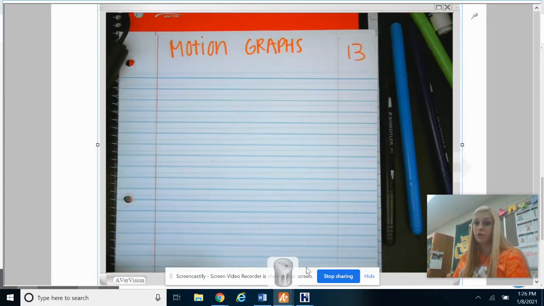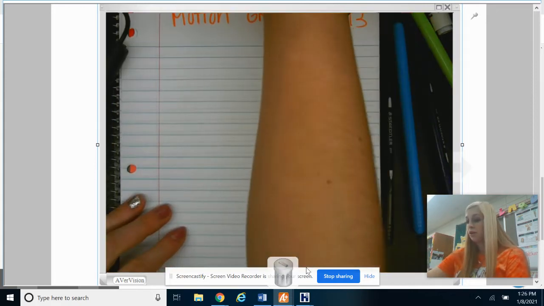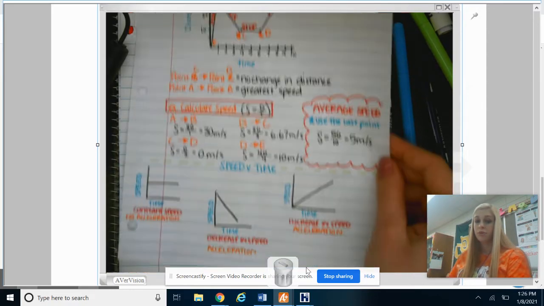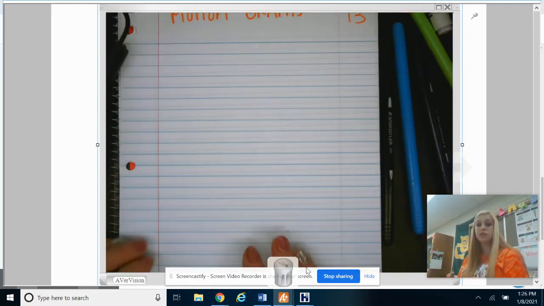And let me show you. We are going to take up the entire page. This is what your notes will look like. So we will take up the whole page. So don't write too big or else you might need to go on the next page. That's okay. I'd rather you go into the next page than not have the notes. So, anyways,